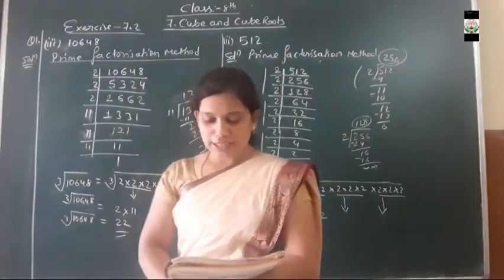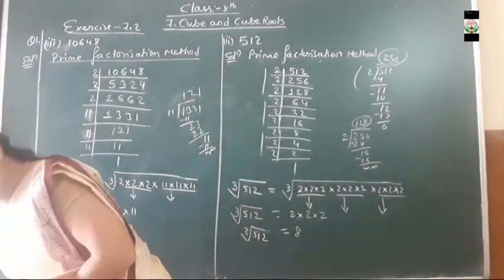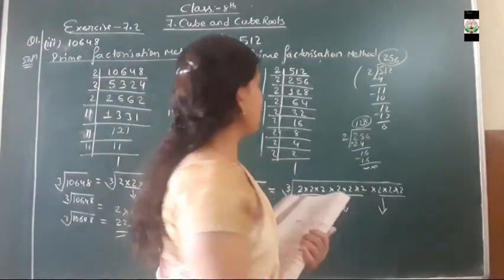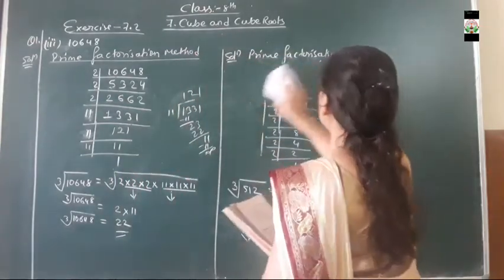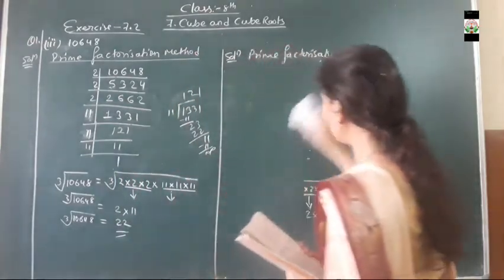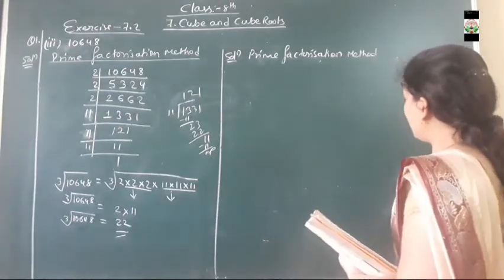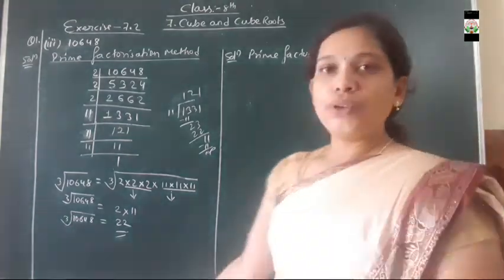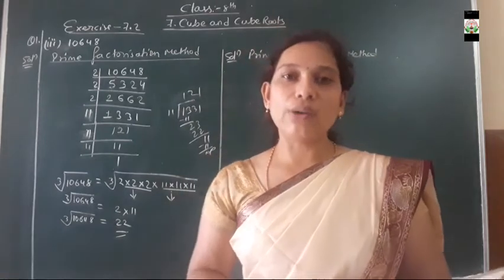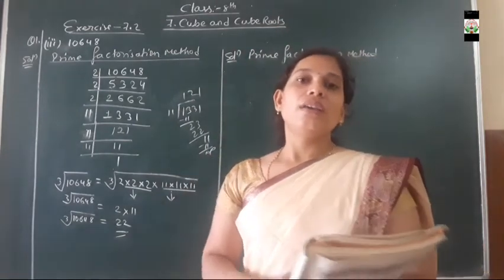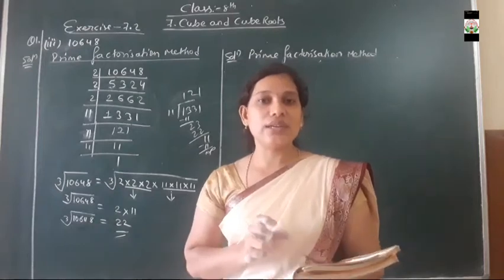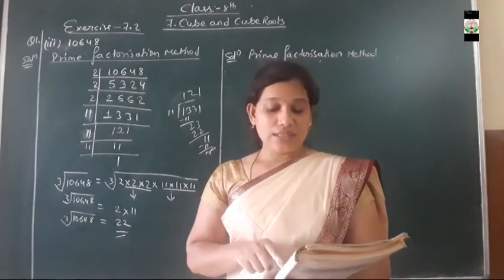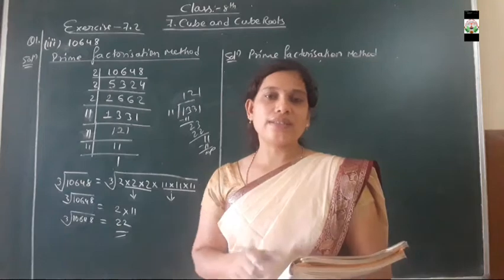Moving towards the next part of the question, that is 27,000. Now look how to find the cube root of 27,000. By which method are we doing this? We are doing it by the prime factorization method. You can do it either by the long division method or by the subtraction method also. The thing is that since the question particularly says prime factorization, that's why we are